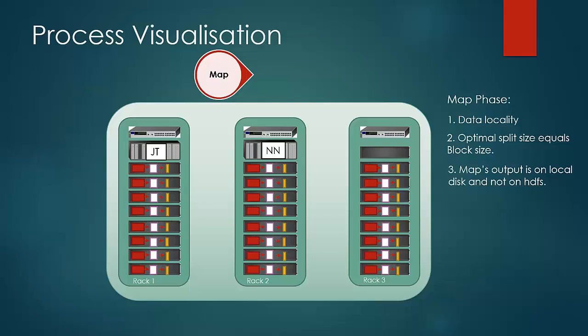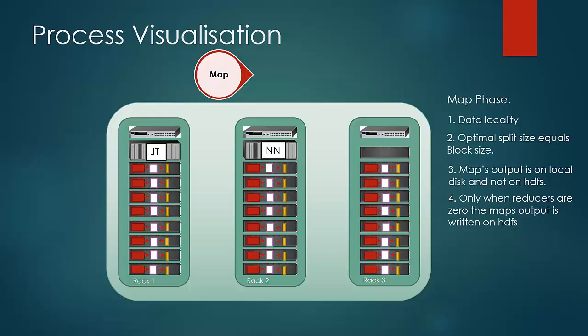It is to be noted that the map output would be written to HDFS only in the case when 0 reducers are specified. In that case, the map output is the final result, and the final result has to be stored on HDFS as it increases the resilience to loss because of hardware failure.